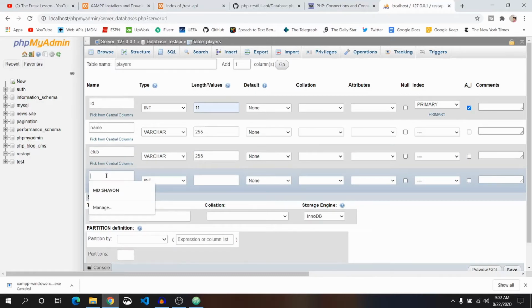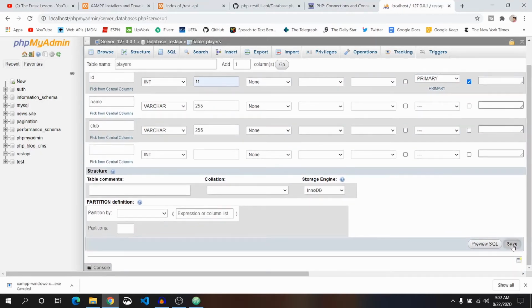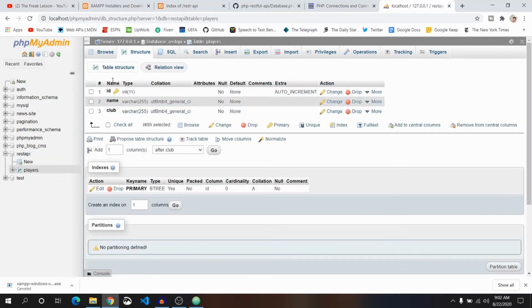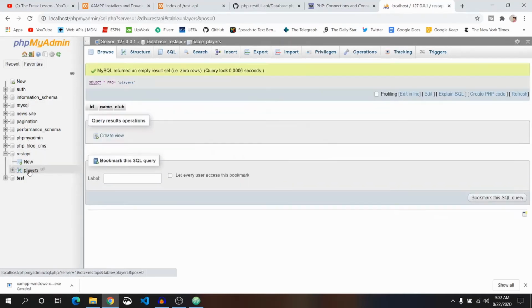And the very last one, okay, we just need these 3, we don't need the extra one. Let's save it. Okay, it's done. You see, this is our database REST API, and in here we have a table, players, we have ID, name and club, these 3 columns.